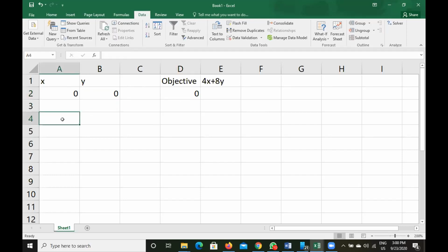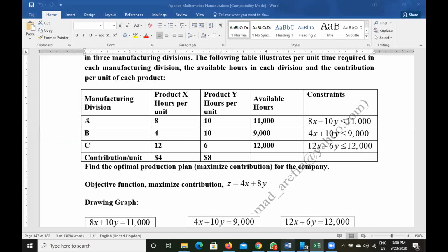So now we will write the constraints. First of all, the first constraint, let's check the handout.